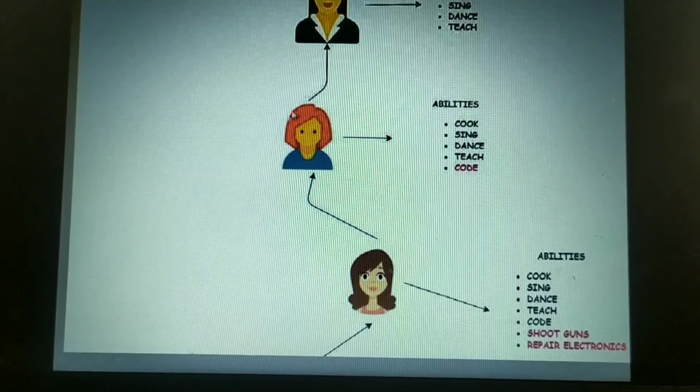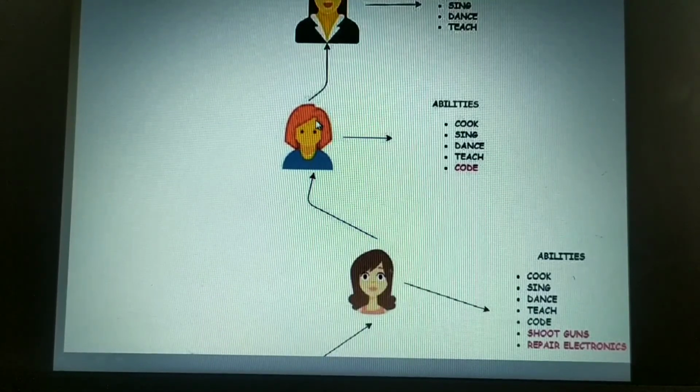She can cook, sing, dance and teach, as well as add an extra feature, that is, she is able to code. Understood? So this is the base class and the newly formed class is called the derived class or the child class. This child class need not write all the code for these things. By default it will inherit the properties.